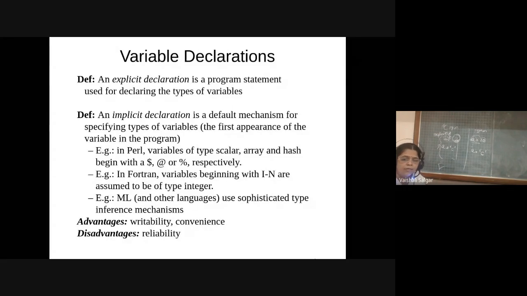Whereas in Fortran, whenever you declare integer values, the name always begins with the letters I to N. So if a name starts with I to N, for example M and some value, Fortran will automatically understand that this is integer data. One more example is ML and other languages which use a sophisticated type inference mechanism in order to use implicit declaration.